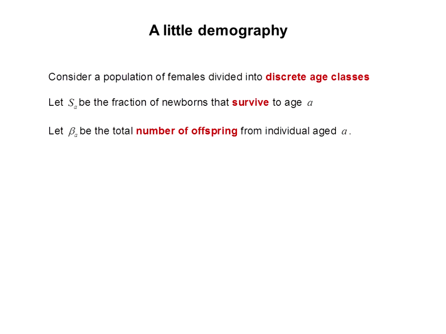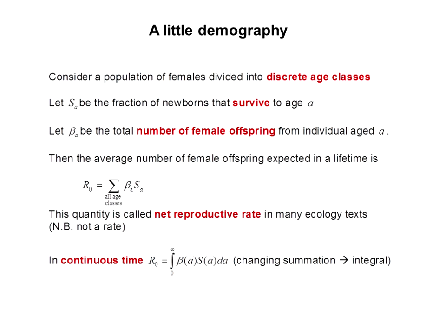Let's suppose the sex ratio is constant and we focus on the females. Let's imagine that we divide this population into a set of discrete age classes. So if we're dealing with a long-lived organism, it could be all the individuals aged 0 to 1, 1 to 2, 2 to 3, and so on. If I use the symbol S with a subscript A to represent the fraction of newborns that survive to age A, and I use the symbol beta with a subscript A to represent the total number of offspring produced at age A, then